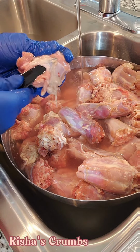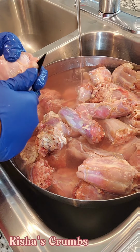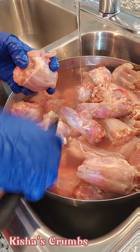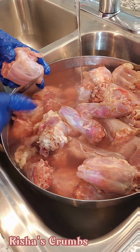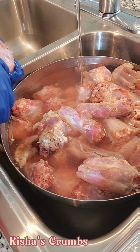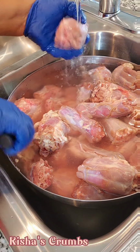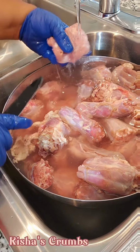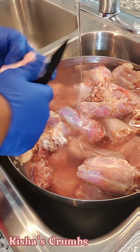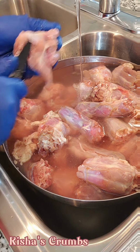Okay. Again, I'm going to tell you about the secrets of making these tender and everything, y'all. But part of it is what we just talked about. The vinegar bath is going to help not only clean them, but also make the meat more tender and more ready to receive our seasonings. And then when we throw it in the pot with all of that broth, see how it's putting out a little blood excess. You can run your knife right under that skin